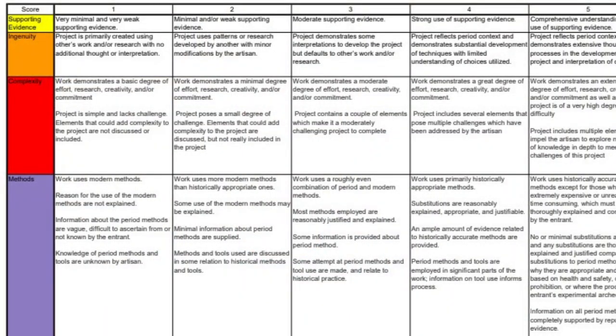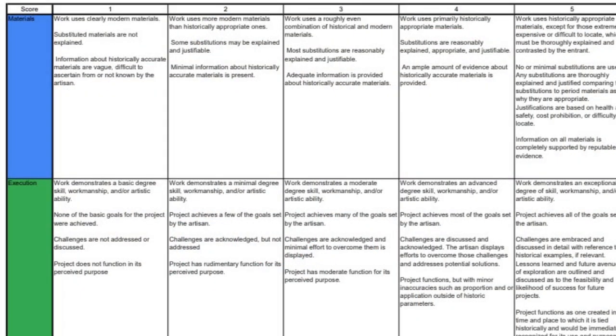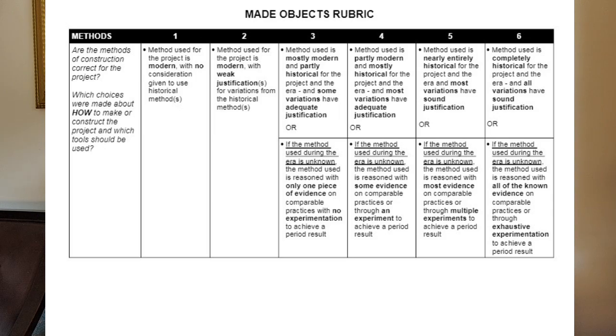The mid-realm now, this one's from earlier this year, from 2024. Now it's just supporting evidence, ingenuity, complexity, methods, materials, and execution. That is for the mid-realm. And then for Pennsic, you have methods, materials, historicity, sorry if I mispronounced that one, scope and workmanship, and research